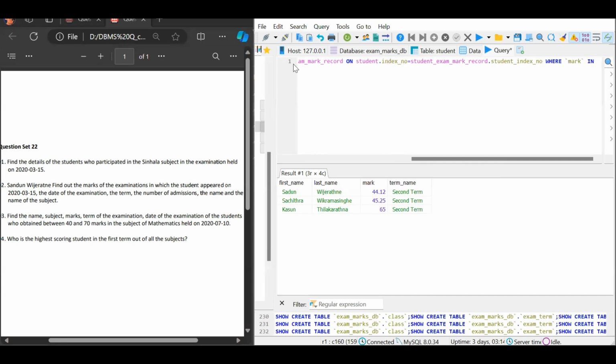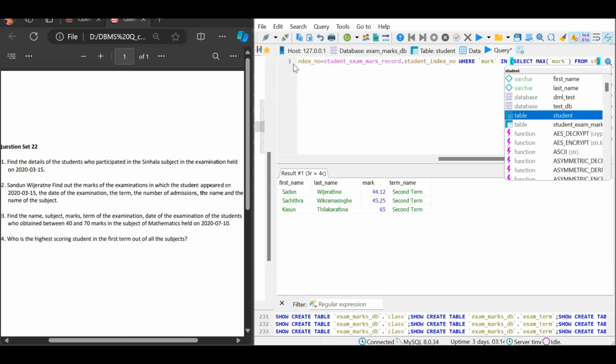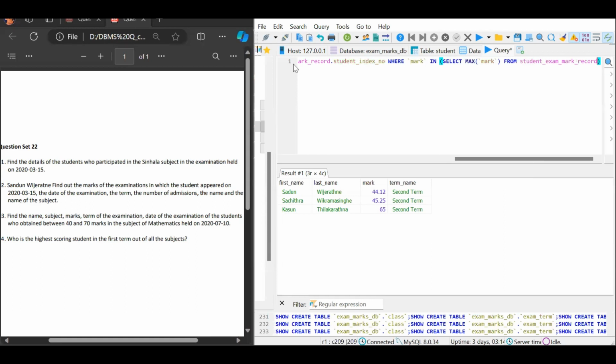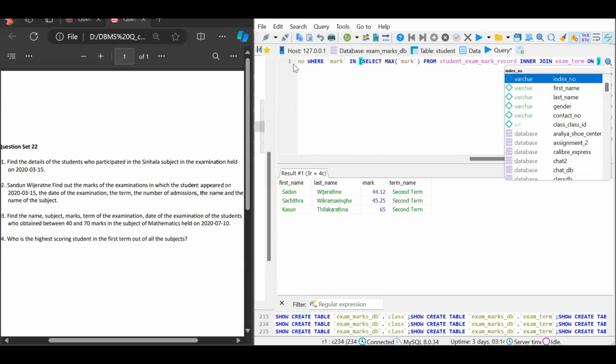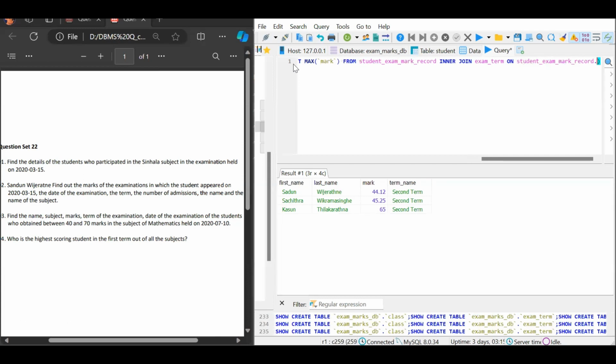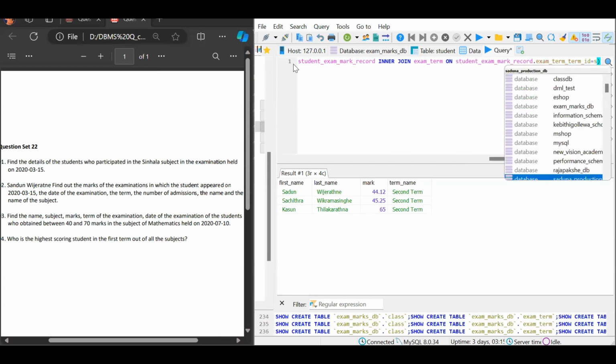And then we use the in keyword here as we're going to use a subquery, and inside the brackets we need to find the max mark. So then select the max of mark inside the brackets, as we need to find the highest mark here, and then we use the from keyword. We need to find the highest mark from the student exam mark record table, and then we use an inner join here to join our exam term table. We use the on keyword here to specify the relevant columns: student exam mark record table dot exam term id equals